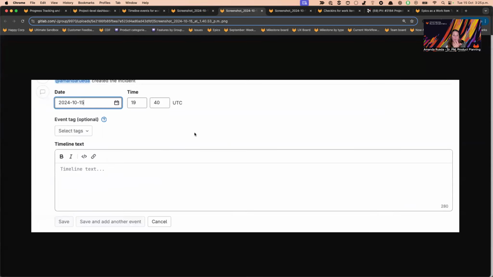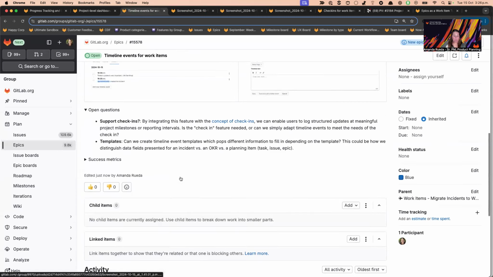But, thinking we could adapt this. First of all, we have to make this for work items because we have to migrate incidents fully to work items. So we have to create the widget anyway. But what if we created, for example, templates where this timeline event form could be template based, where I select the incidents template, I'm looking at this form. If I select the planning items template, epics, issues, tasks, it provides a different form. If I select the OKRs template, it provides a different form,